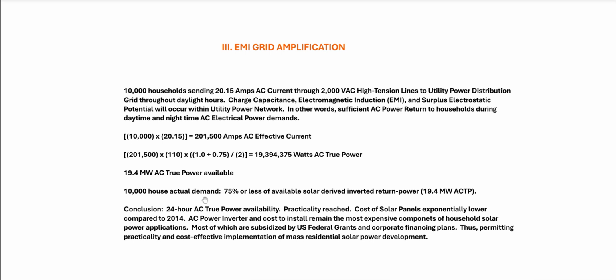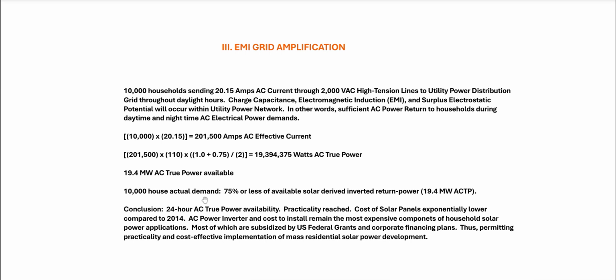So now you can crank out a 3D printed solar panel, pennies on the dollar, and it's got a guaranteed 200 watts. And same thing with these AC power inverters. This is really why it's so valuable and effective, is that you have such a high conversion rate now. And so, to make a long story short, you're just taking solar panels, treating them like little batteries charged by the sun, converting that DC battery power to AC, sending the AC out away from the house to the central grid, let's say times 10,000 houses, and then